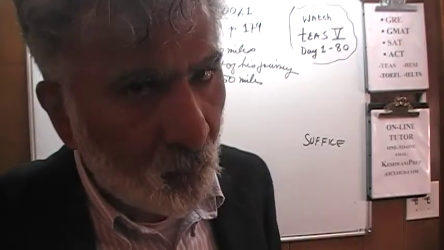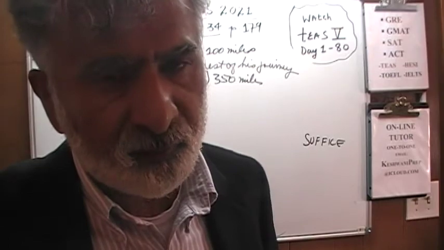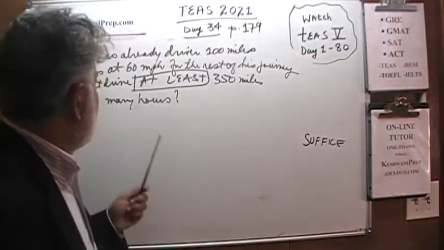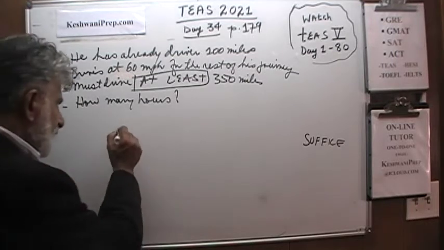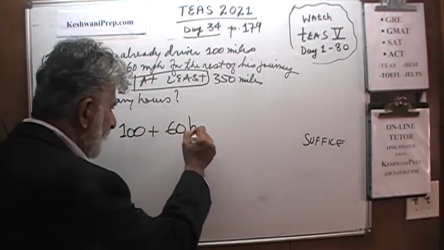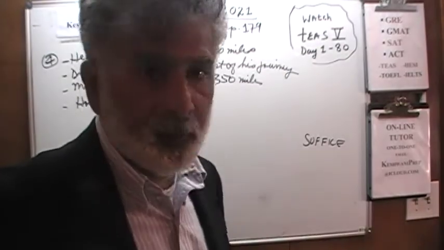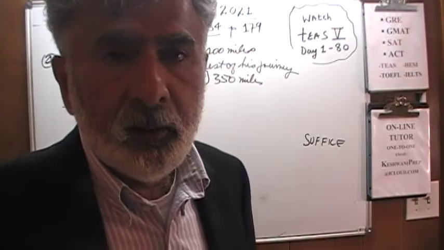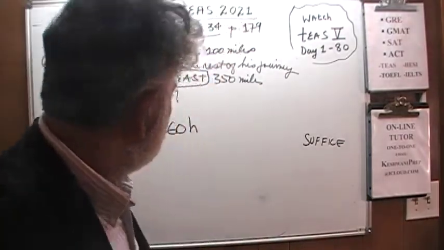We are told that he has already driven 100 miles of those 350 miles, which means he has another 250 to go, and he's going to continue driving at 60 miles an hour from that point on. So he has already driven 100 miles. After that, he drives 60 miles per hour every hour. He's going to drive at 60 miles every hour, which means